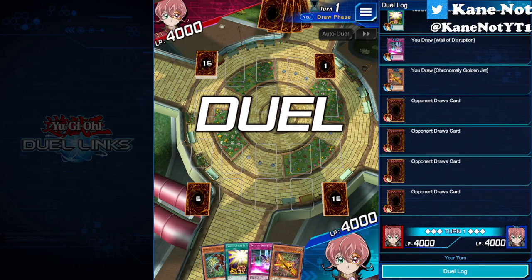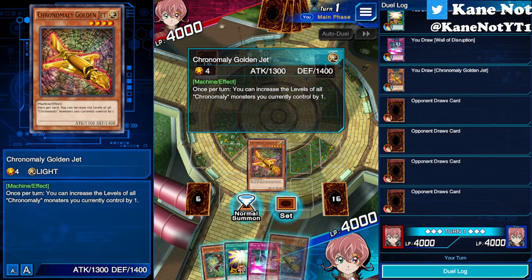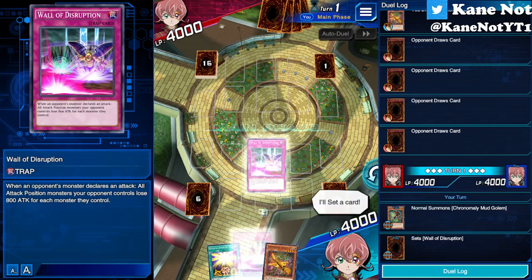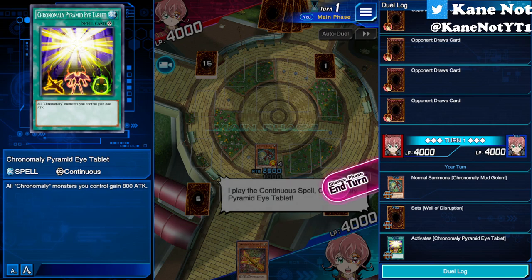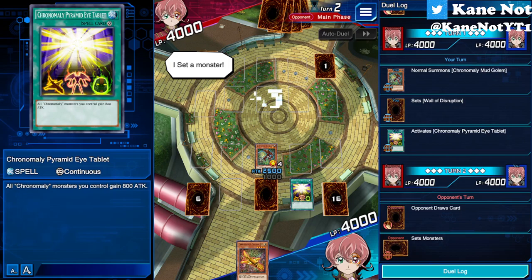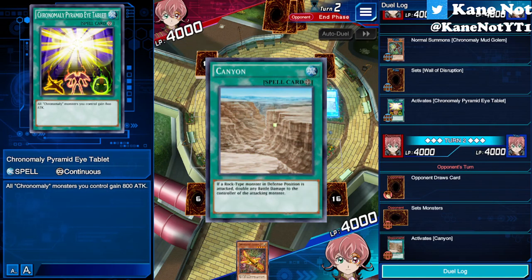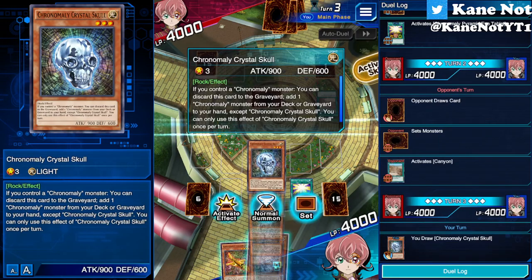My turn! So right now we have Golden Jet on the field, and it is at 1,300 attack points. But we would not do that because we'll be summoning Chronomaly Mud Golem instead. Then we are going to set this card and activate Pyramid Eye Tablet. Pyramid Eye Tablet increases the Chronomaly monster's attack points. If your opponent were to bring out a card that cuts down your own attack points,